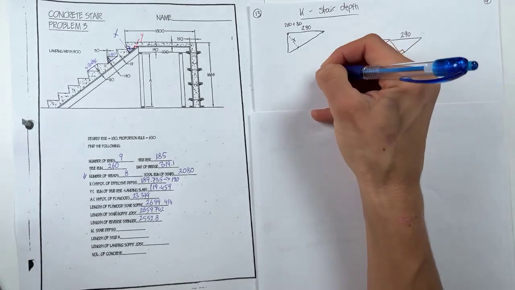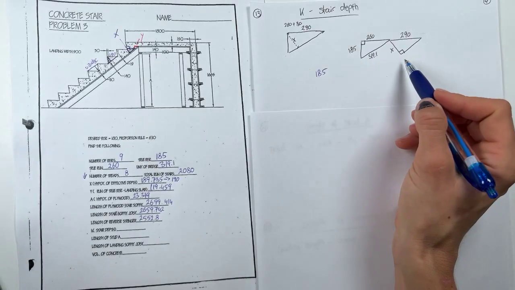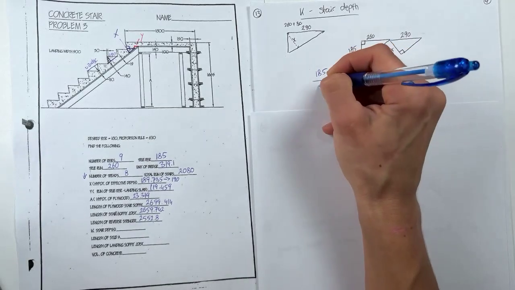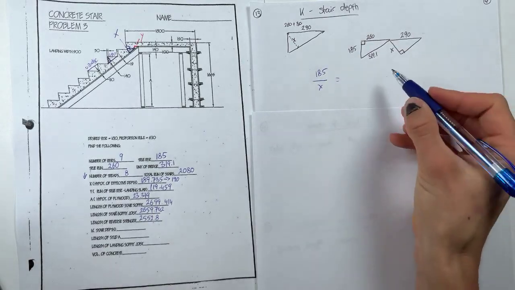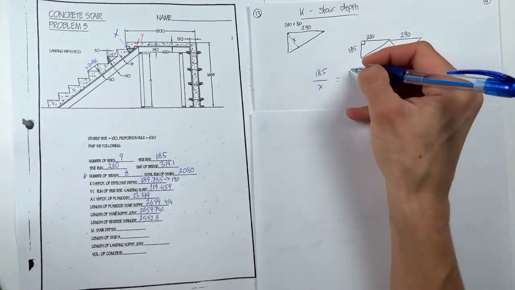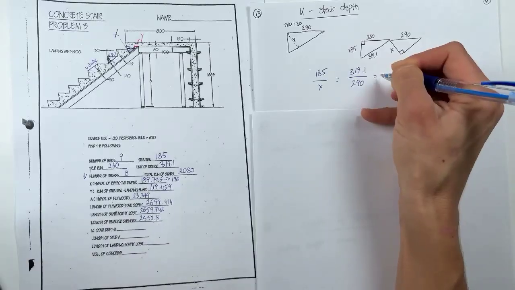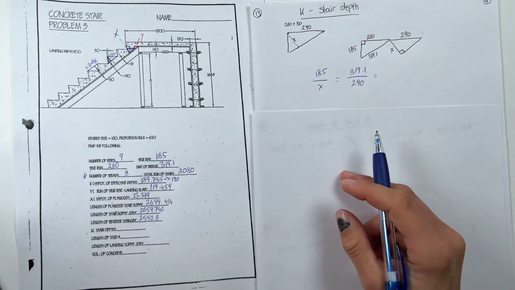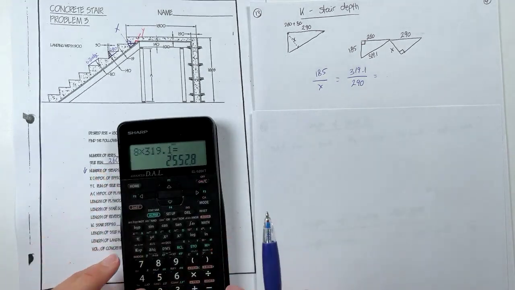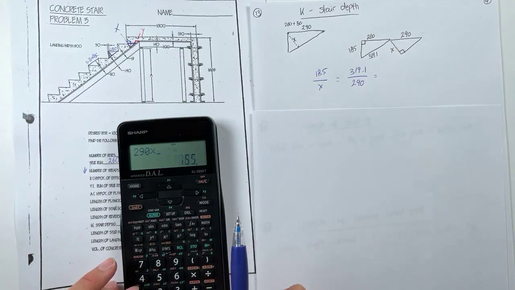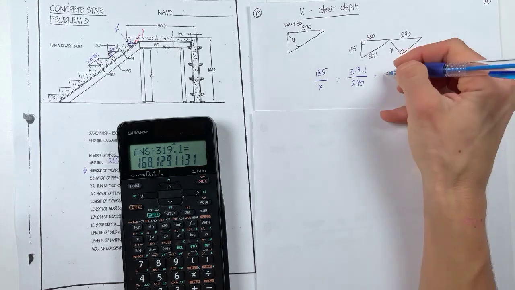We have our 185 over X. And then we have 319.1 over 290. So those are the ones that we can compare here to give us that X. So let's cross multiply and divide. 290 times 185 divided by 319.1 gives us